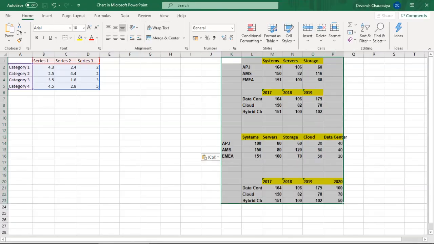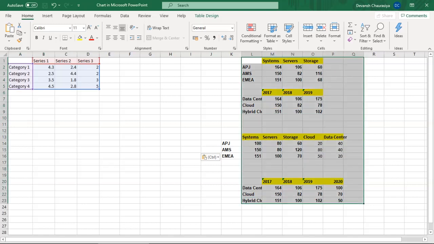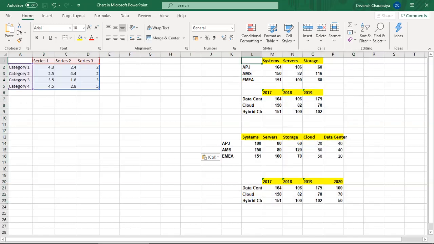Of course, this data will not be part of the chart because this is my data table. This is the data which is selected. This is just the data I've pasted on this Excel. It's not going to be used for the graph. I want to create the graph from this data: system, server, storage, sales is this. Let me call it sales, sales by region.